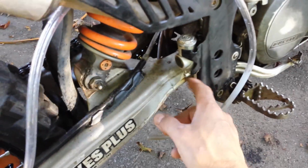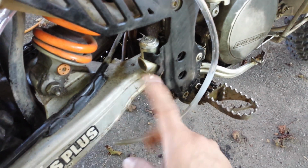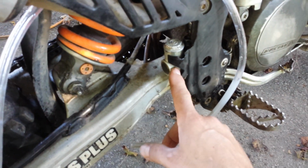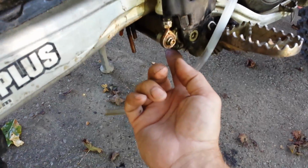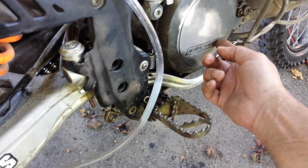So after putting this in, I could not get it to bleed, and I was looking online, could not figure out. I took this apart about 5 times, thinking I was doing something wrong, and then I figured out the main reason is there's a stop nut right here to keep the pedal from coming all the way up. This one's a 10mm nut, so loosen that and allows the pedal to come all the way up, and then